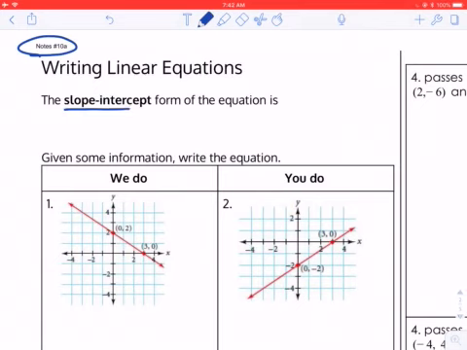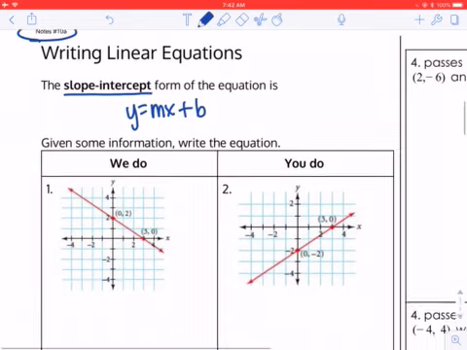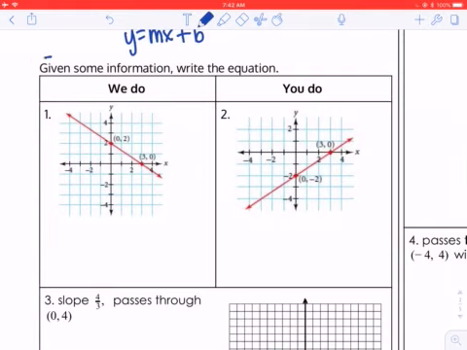So the slope-intercept form is y equals mx plus b. This is always the one that you've been taught here at Hybrid High. We've learned a lot of other forms, but y equals mx plus b is our most common. So for all day, we're going to be given some information and we're going to need to write the